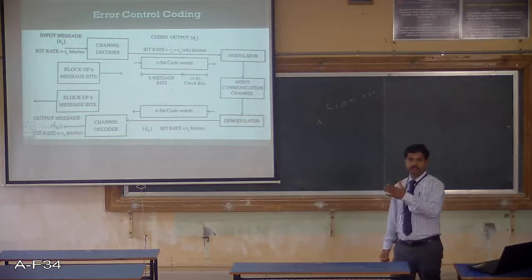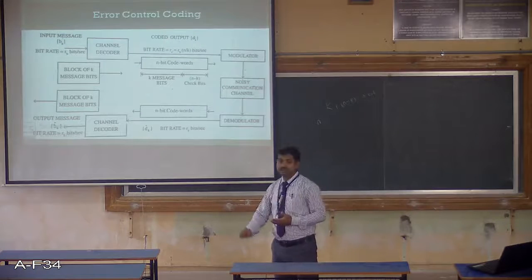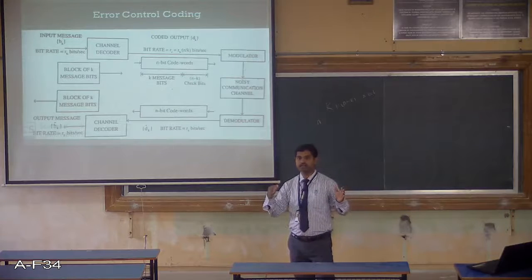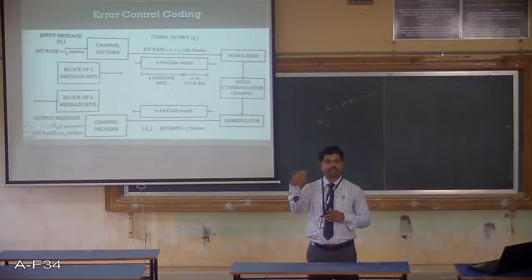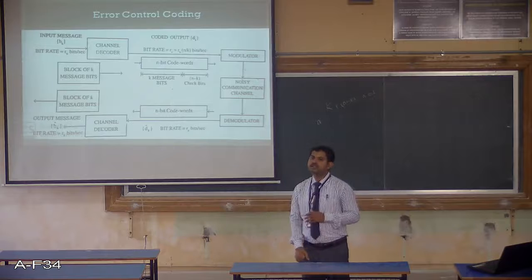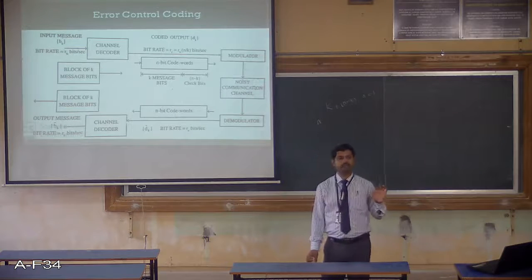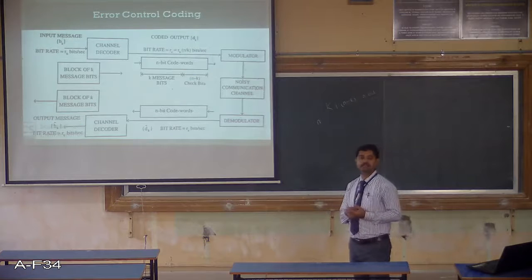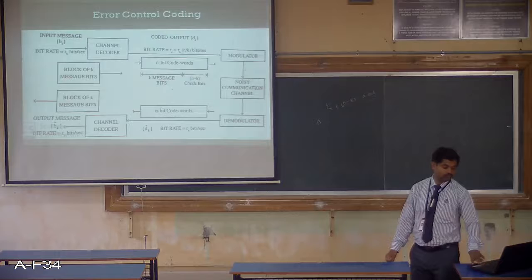This is followed by the modulator and channel. At the receiver side you have a demodulator, and one more block, the channel decoder. It does exactly the reverse process, decoding. It extracts the n minus k check bits that were added at the transmitter side and reproduces the information. This is the simple coding technique we use in order to effectively correct or detect the errors. So this is the communication block diagram in the case of error control coding.